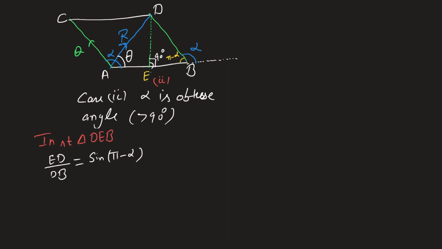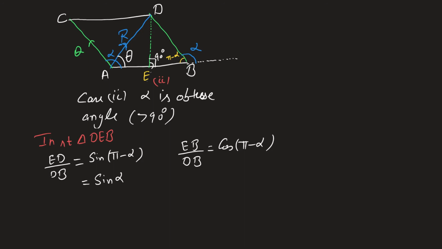And here, EB divided by DB is equal to cos of pi minus alpha, which is equal to